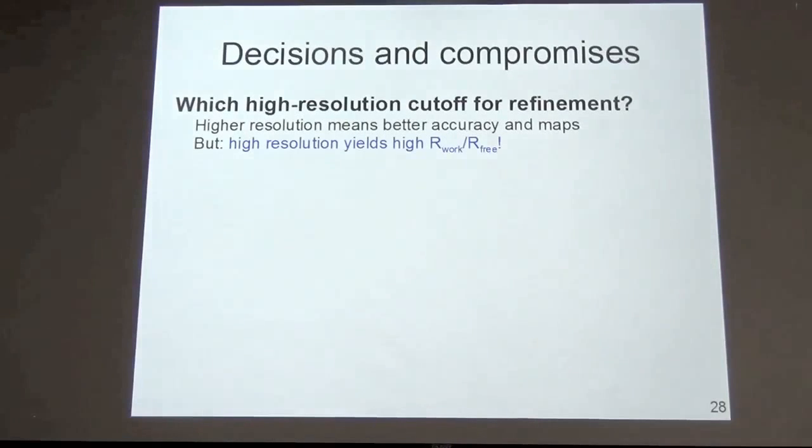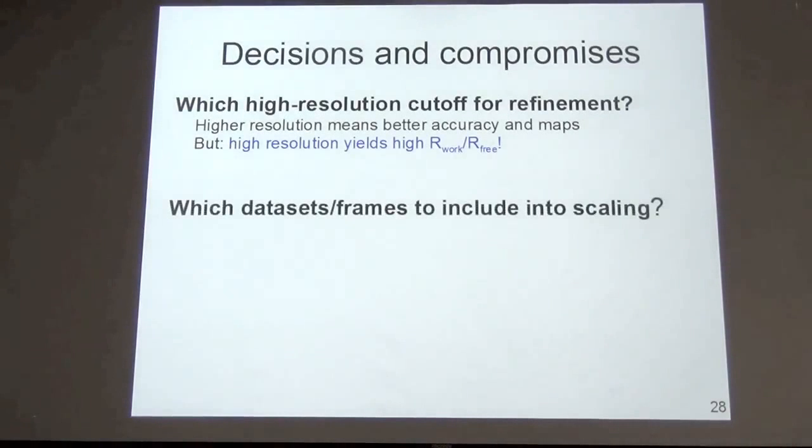So what do we need these indicators for? For example, high resolution cutoff for refinement. So high resolution is better because we want higher accuracy of the model, better maps, but sometimes we find at high resolution we get a higher R work and R free. Other